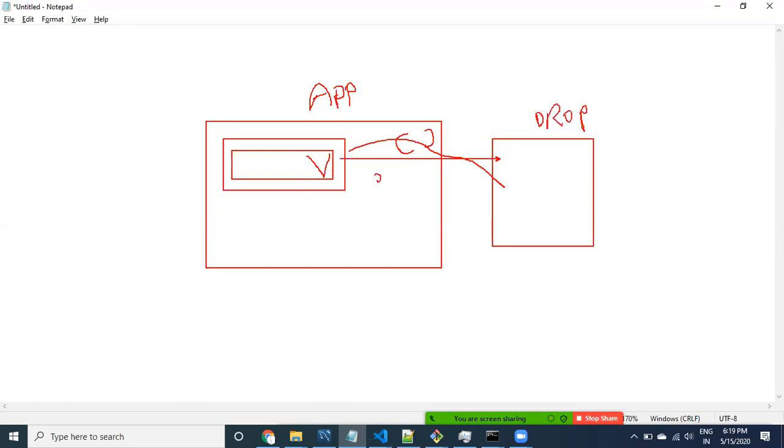We are saying @Input. Using @Input, you can pass the information from the app component to the drop down component. In the drop down component, we are going to take the input and then display all the values.